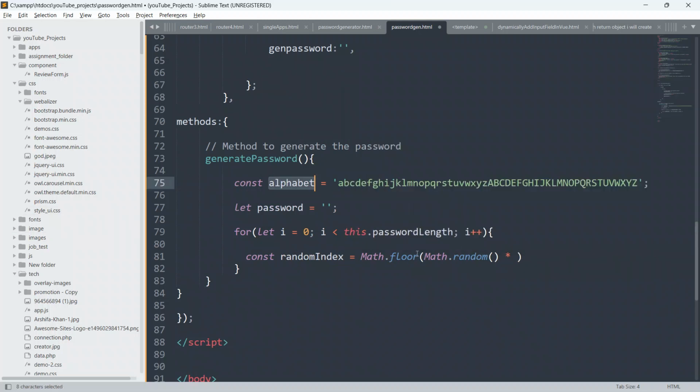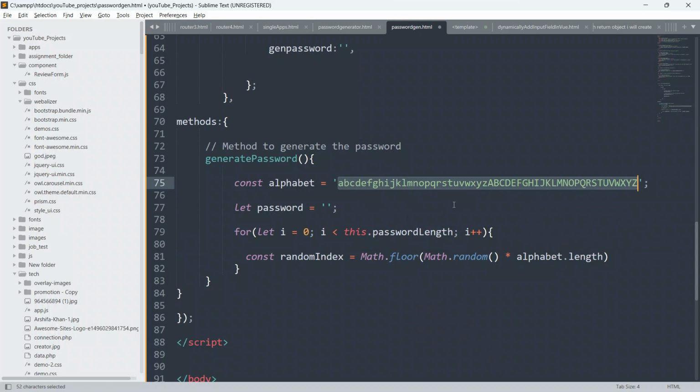So just copy it from here, paste it here, and I will say .length. As you all know guys, this is a string, and it will definitely have a length property also.